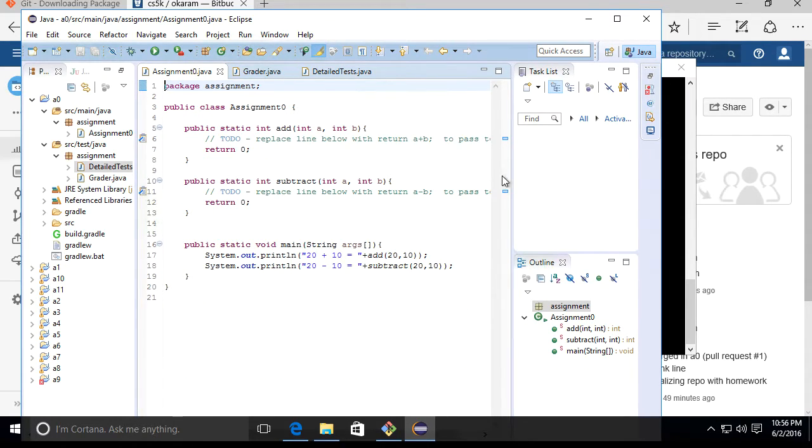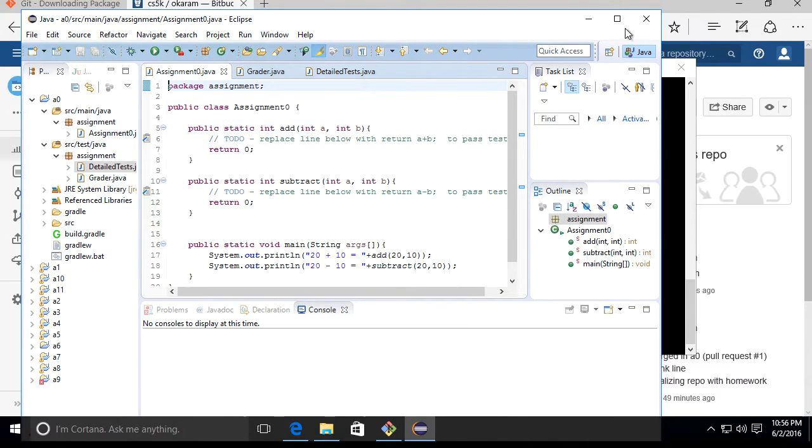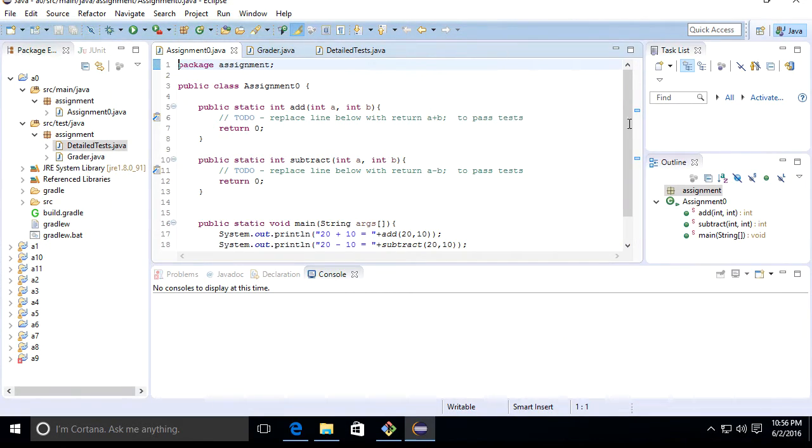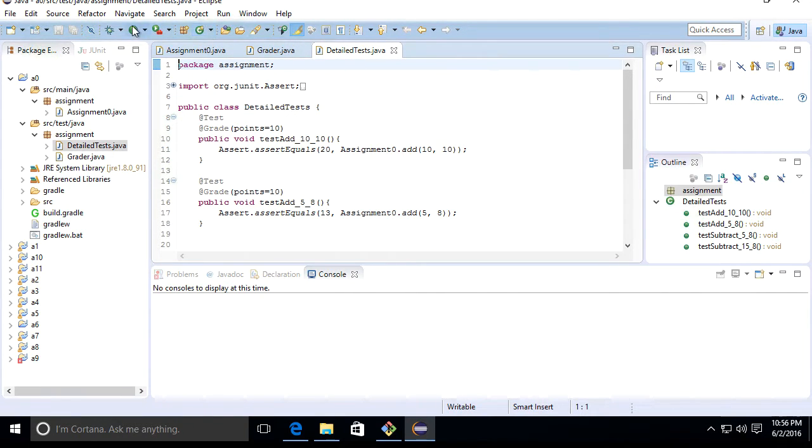Let's look at assignment 0. The grader and stuff is just for you to eventually run them, and the outline tells you the methods that you have here. So here we need to replace this line to pass the test. Normally I will give you the skeleton. I will not tell you exactly what to do, right? If we run detailed tests, this is the run thing in Eclipse. So if we click it to run it,